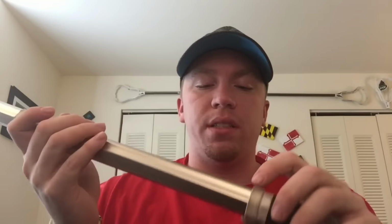And basically it's a very comfortable grip. There aren't many shafts out there to where I could say this is an extremely comfortable grip. Even with gloves on, it still feels very good. I've had some shafts out there when I put the tape on it, it's just like, holy crud, this feels really nice without gloves on, and then all of a sudden I put the gloves on and it doesn't feel anything like what I wanted it to. So